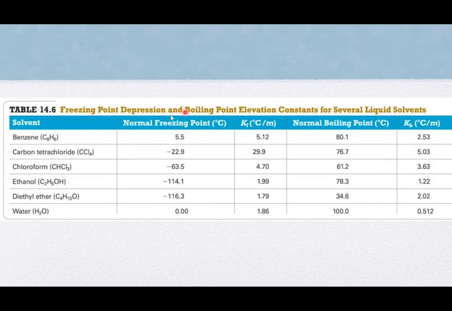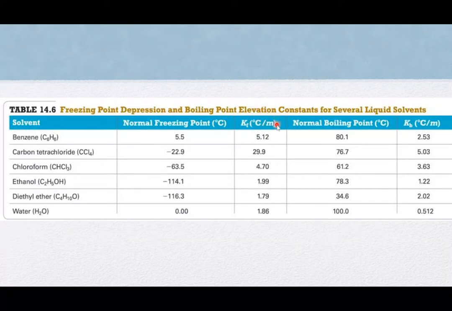So let's start with water, and this is out of your textbook. So if you need to refer back to this, you can look in your text or take a screenshot of this slide. So let's look at water because we're probably the most familiar with water. Water freezes at 0 degrees Celsius. And if I wanted to know what is the freezing point depression constant for water, it's 1.86. And the units for that should not be shocking at all, but the units for that are degrees Celsius